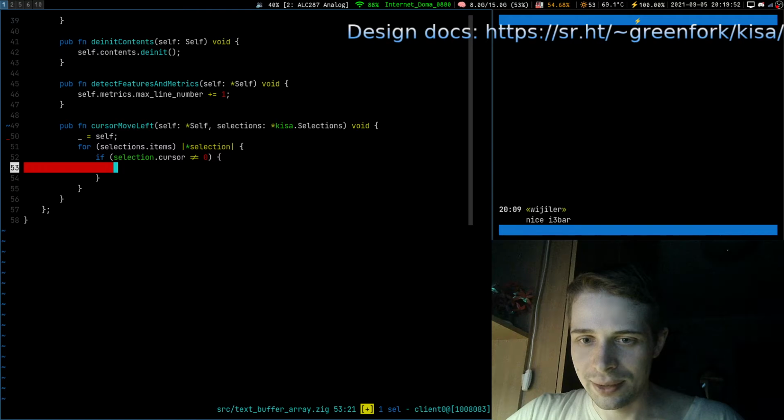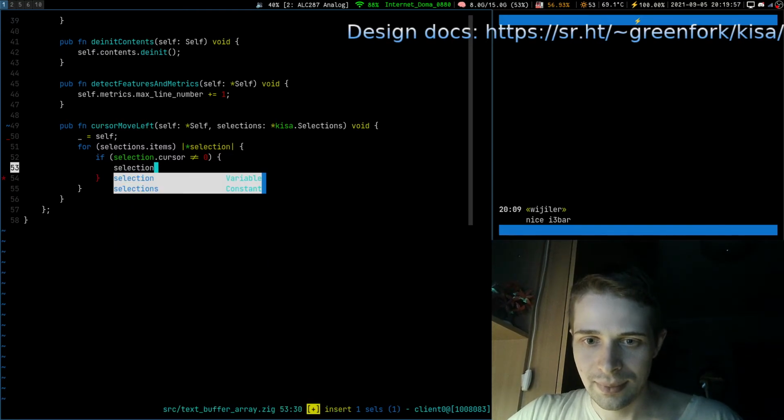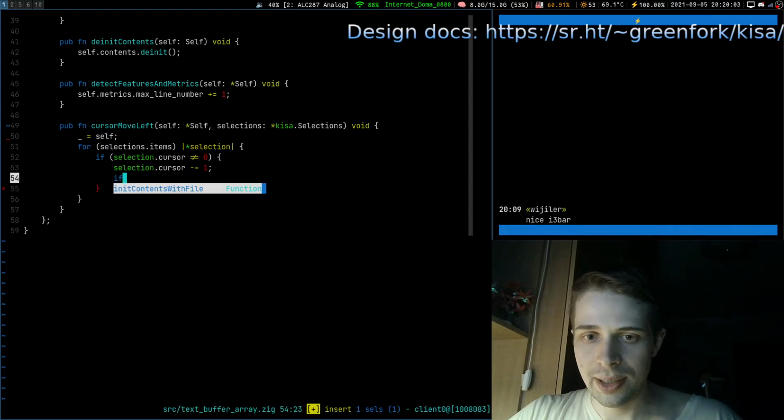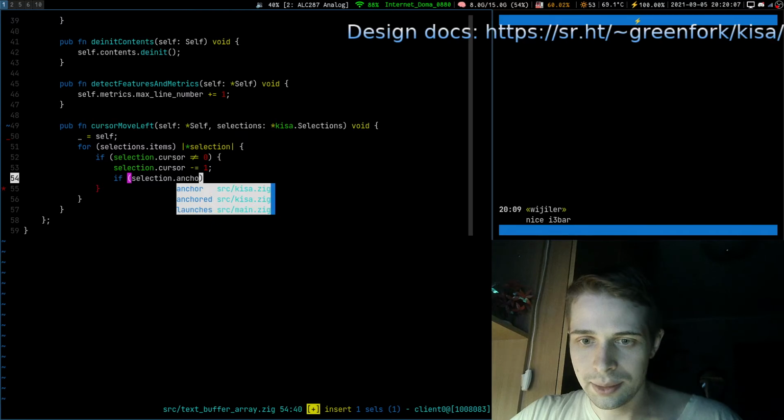We go, selection cursor not 0, we just say selection dot cursor -1. Okay. And now we check if selection dot anchored.